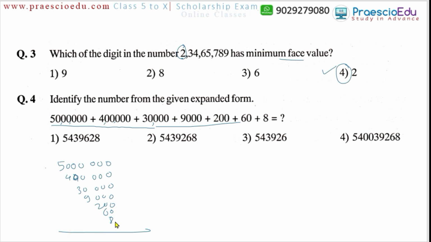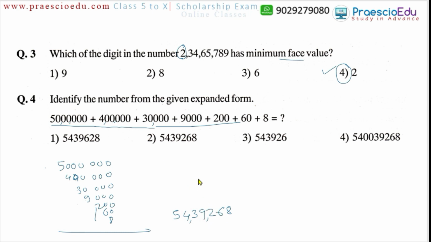If you add all these, 8, 6, 2, 9, 3, 4, and 5, means 54 lakh